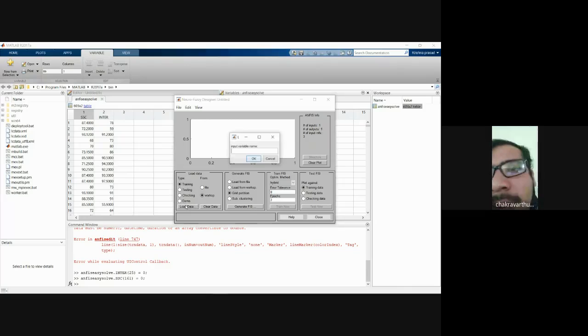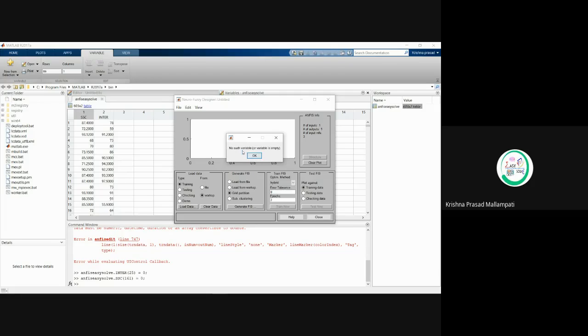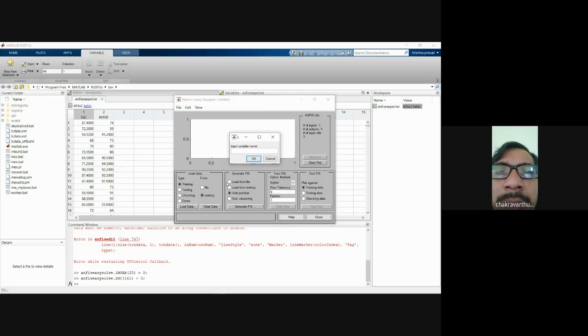Yeah, in the workspace it was generated. Sorry, it has been generated, right? Now, just copy and paste the file name from the workspace.